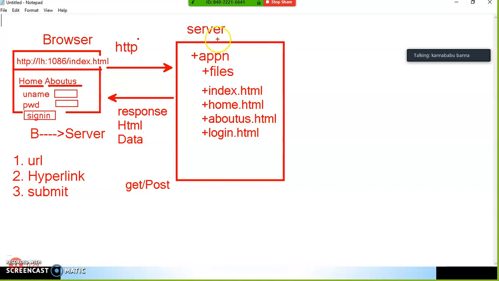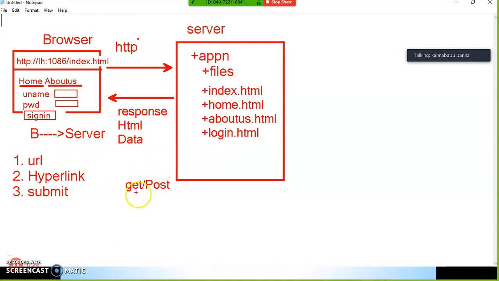The application consists of files on the server. So the browser will interact with the server, and multiple users will communicate with the server by submitting requests. We can submit a request to the server in different ways: by entering a URL, by clicking on a hyperlink, or by clicking on a submit button. So whenever the user enters the URL, the request will go to the server. Or whenever the user clicks on a hyperlink, the request will also go to the server.